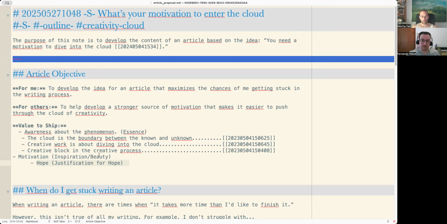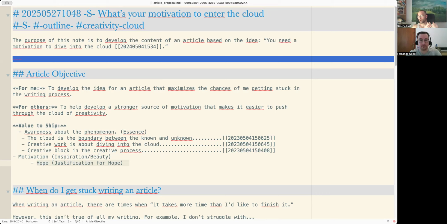So having the workflow of writing about one idea is also pretty straightforward. You just take a note and then expand it, and the more developed your note is, the easier it is to write an article about that. And by developed, I mean be clear on the essence. So if you reach atomicity, it's pretty clear what the idea is.